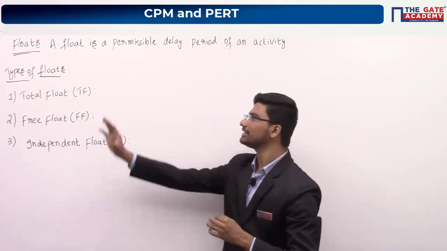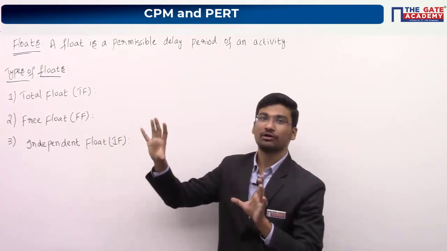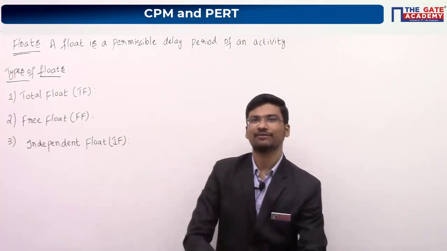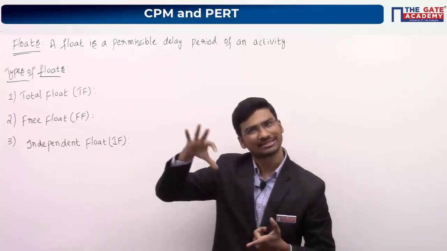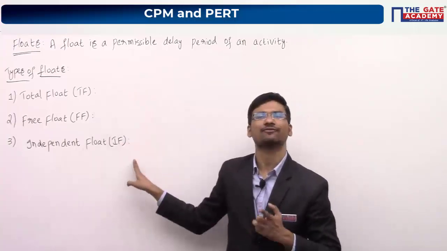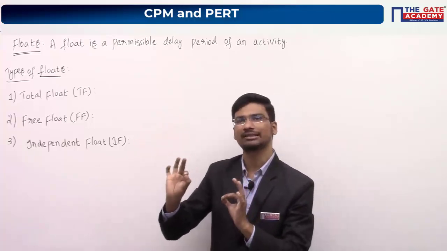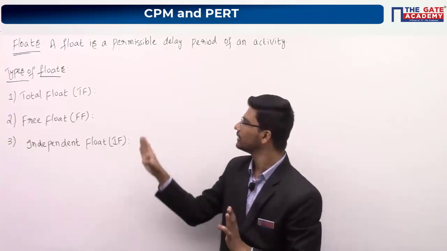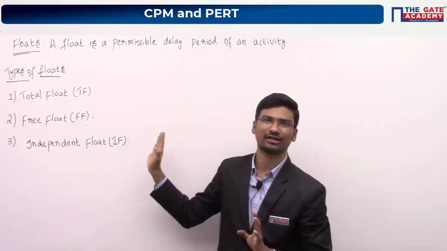So these are the definitions for total float, free float and independent float. Now using a question itself, we will try to understand what is forward pass rule and what is backward pass rule. And using the same question, we will see how to calculate these float values also. Already I have given some diagrammatic representation, so please do remember that diagrammatic representation. By following the diagrammatic representation only, we will be calculating these different types of floats.